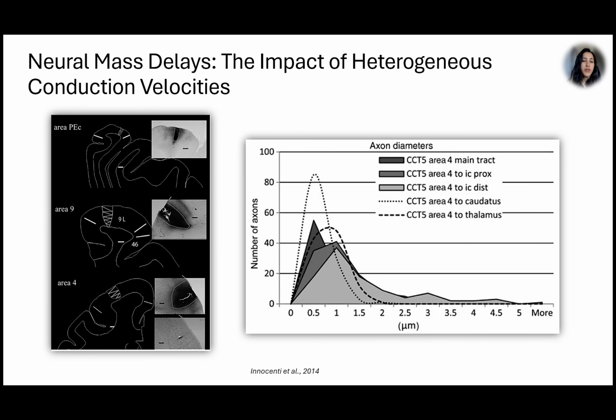New studies in the field have shown that delays between different parts of the brain cannot be described by a single point in time, and researchers like Innocenti have discovered that the speed at which signals travel in the brain can vary because of factors like the size of the pathways. This means that delays should be seen as a range of possible times rather than just one specific moment.